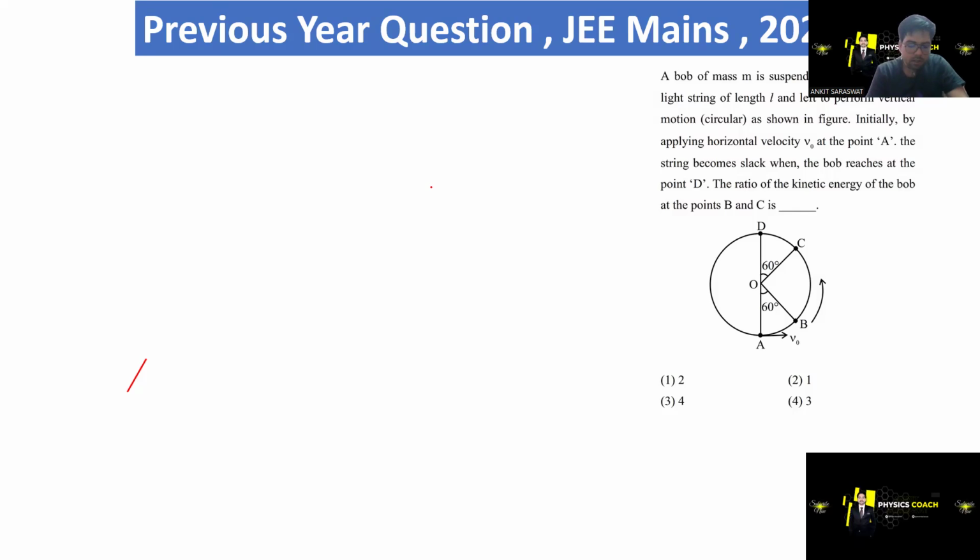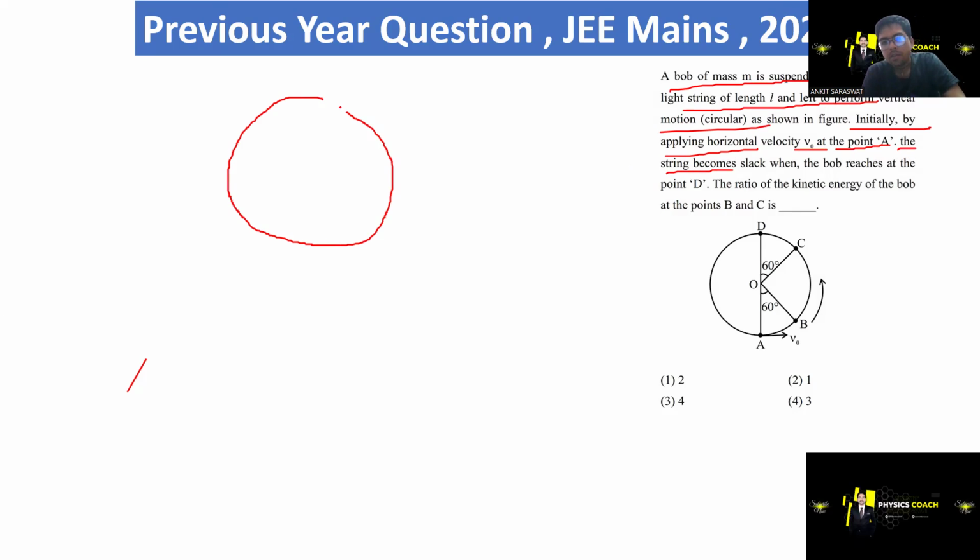So I have looked at this question. First of all, read the question carefully. A bob of mass m is suspended at point O by a string of length L, left to perform vertical motion. Initially, by applying a horizontal velocity V naught at point A, the string becomes slack. So when we apply V naught velocity at point A, the string becomes slack